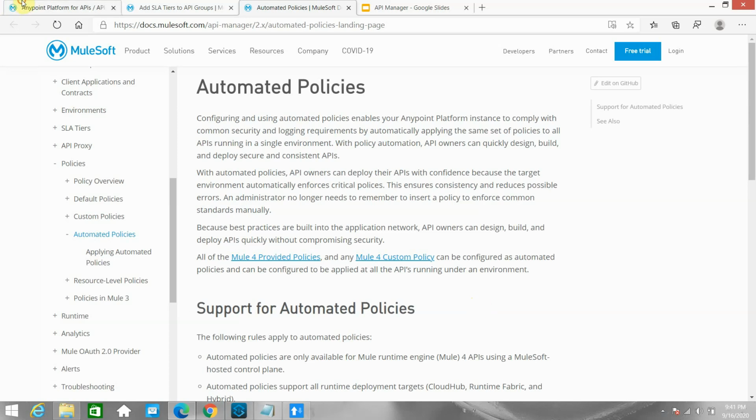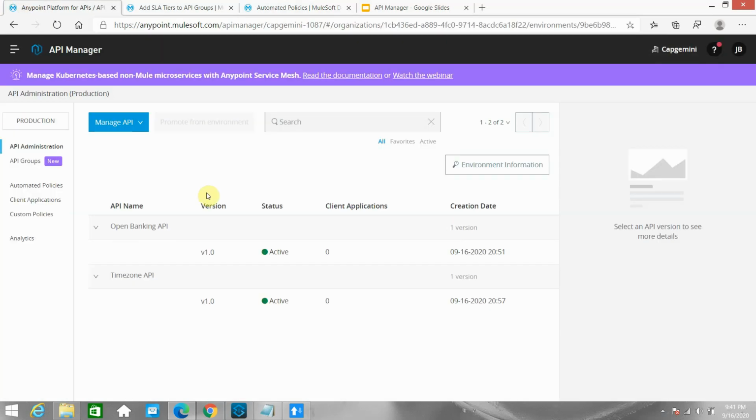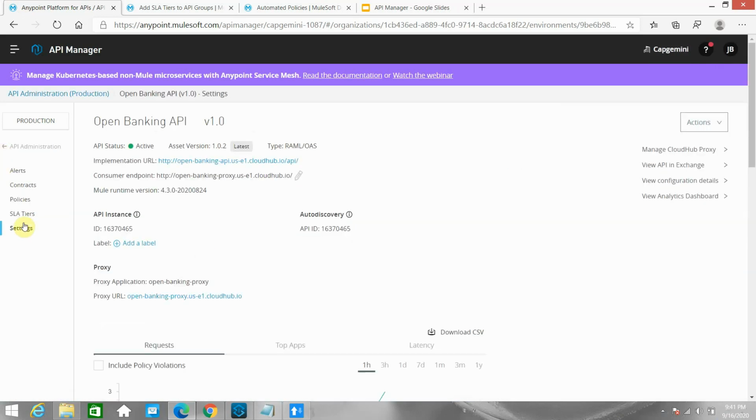So let me go to my API Manager. In my API Manager, I have two instances of API: one for open banking and another for time zone. Let me open this API. In this API, you can see there is no policy applied.